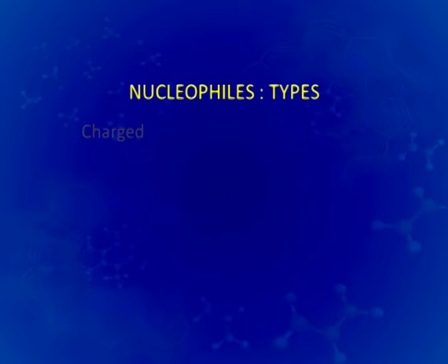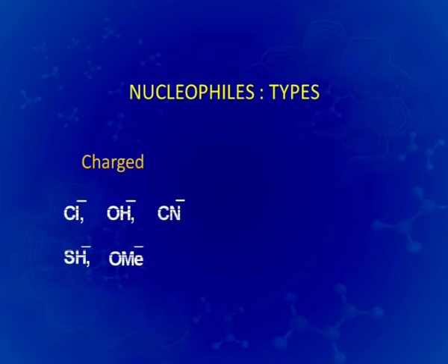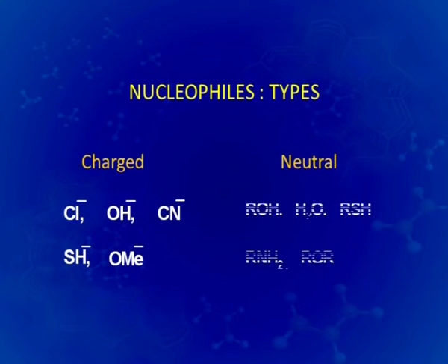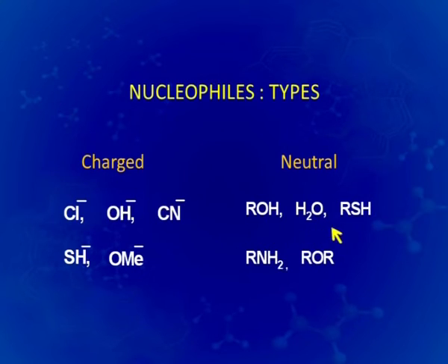So, nucleophiles can be both charged as well as neutral, and we shall see later which are more stable or which are more reactive, but these are some of the examples for charged and neutral nucleophiles. We have charged chloride, hydroxide, cyanide, the thiol group or the methoxy, and their equivalent neutral parts. That is, we have an alcohol, water, a thiol, an amine or an ether. So, these are generally the types, but then there are a number of other species which can